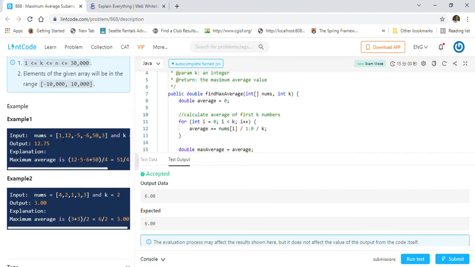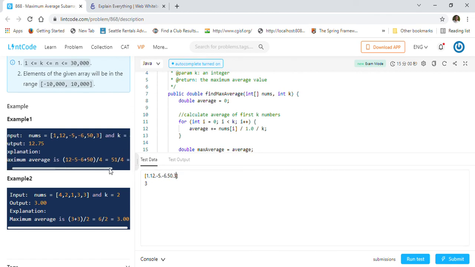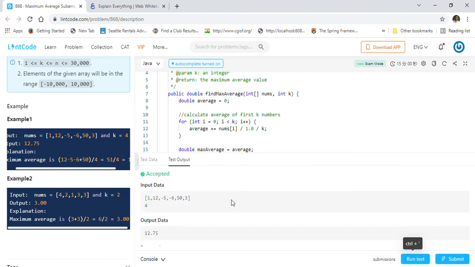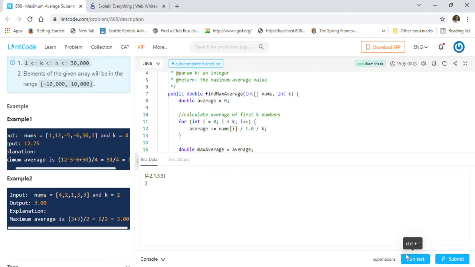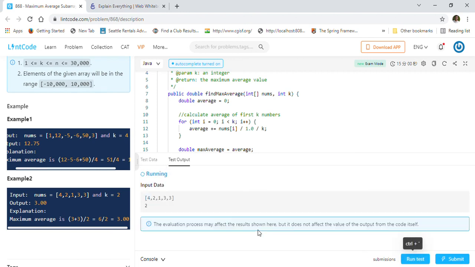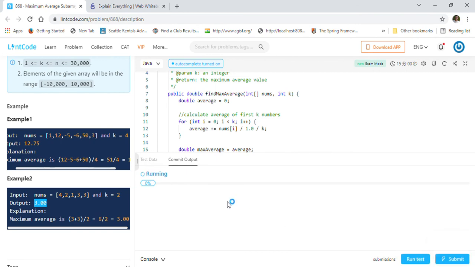So let's go ahead and take the examples that they gave us, just to make sure those examples are also working fine. So k is equal to 4 in this case, and 12.75 should be the answer. We are getting the correct answer here. Let's do it for the second test case as well. It's always good to make sure that all the given test cases pass before we submit the solution, so it's always recommended you test all these cases. We are getting 3 correctly too. Now we are confident and we can submit our solution.